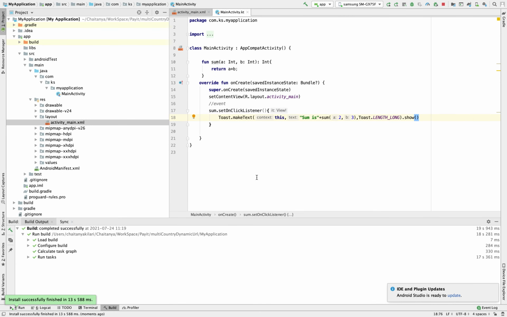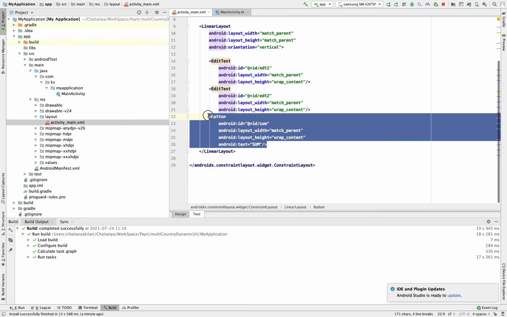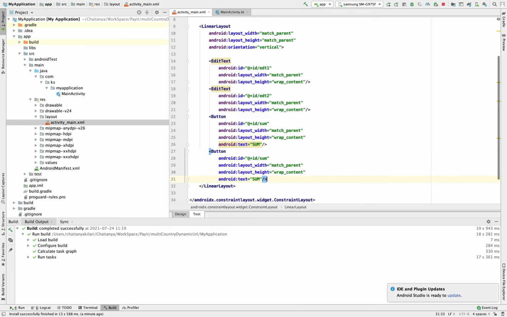So now we will write one more function, subtraction. That means we are writing one more button for subtraction. Sub. Okay, here also we are writing sub.